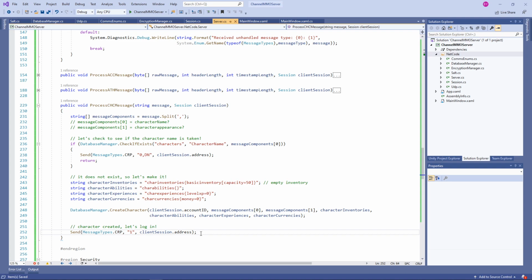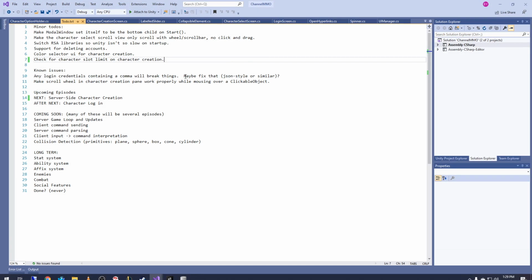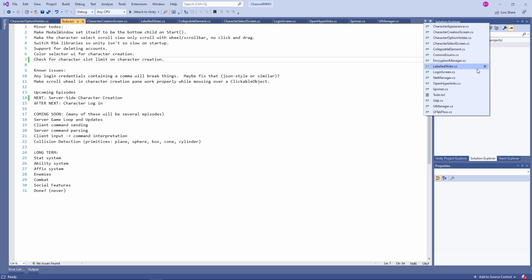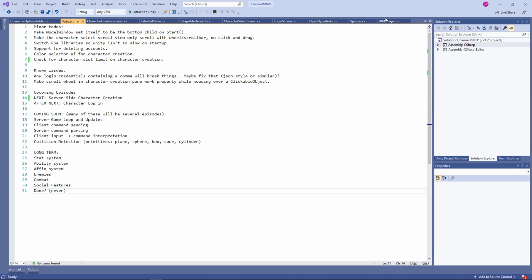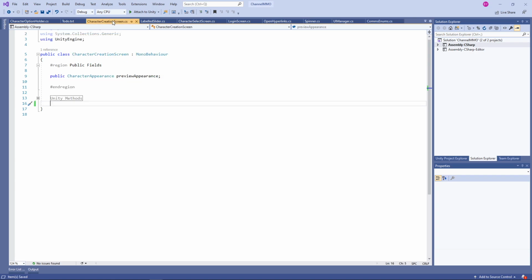Wonderful. Okay, so we've got that on the server side. Now we need to send a CHC message. So let's copy both of these message types over to the client in the comsenums. We're going to hop into that file, which is apparently... Oh, it is open. Never mind, I had just missed it. Okay, so that's a CHC and a CRP request. Perfect. So next, of course, we need to, on the character creation screen, put in a region UI methods